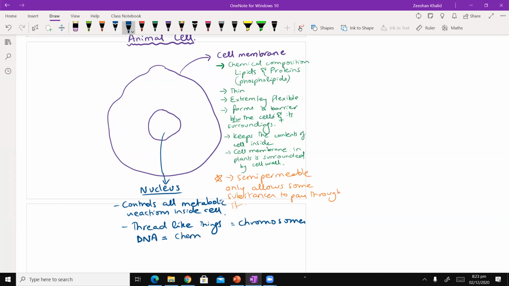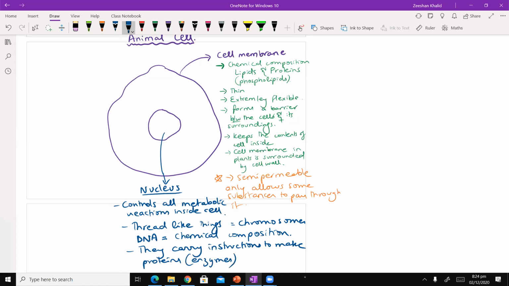So DNA is the chemical composition. What does that mean? That the chromosome is made up of DNA. And what exactly does DNA have? Again, this is something we need to have an idea of, and you can simply explain that they carry instructions to make proteins. And the majority of the proteins that are made in the cells are usually enzymes.